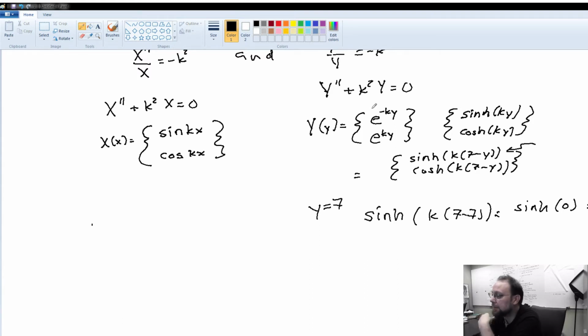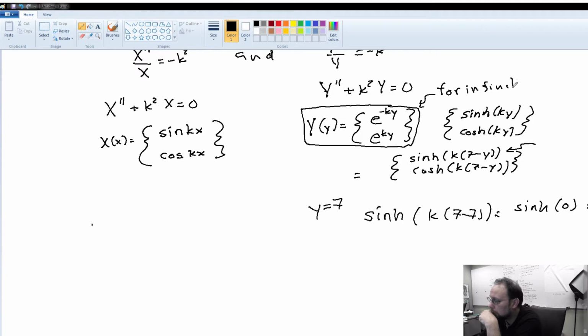If you had an infinite plate, by the way, this would work. For an infinite plate, if y went off to infinity, this exponential, when y gets large, vanishes. It goes to 0 as y goes to infinity. So that would satisfy that third condition. All right. So now what we do is we consider